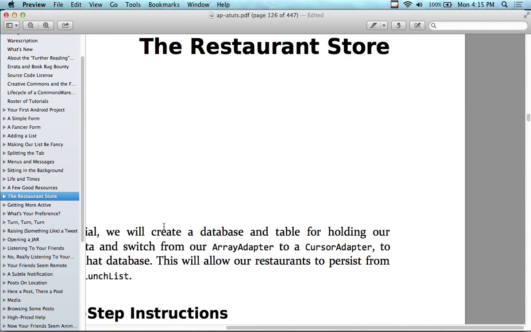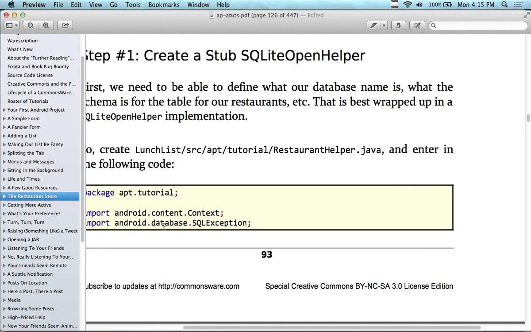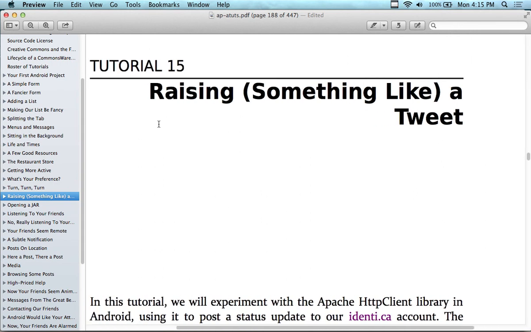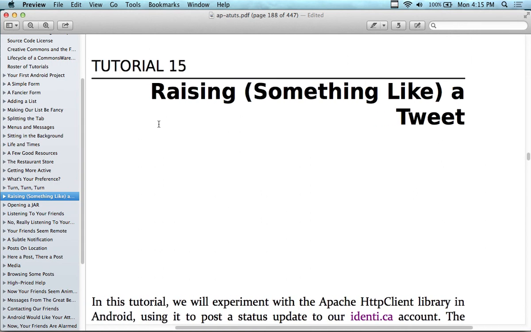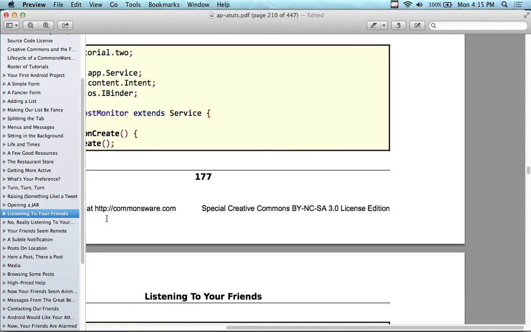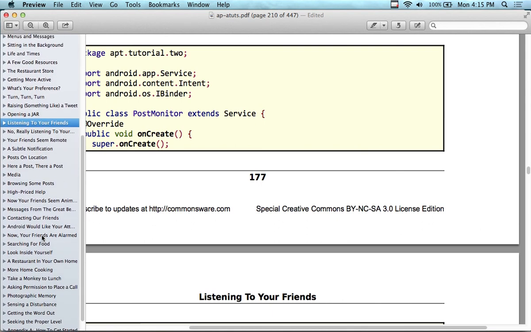Look at using a restaurant store. So we're going to connect it to a database and store the restaurant entries into an SQLite database. So if you're still stuck with how to do that, we will definitely do that one. We're going to connect it to the internet. And we're going to do an API that's similar to Twitter, to tweet people if you have an account that we went to this restaurant, and so on. We're going to send out using the content manager, review all that stuff, and then eventually we're going to look